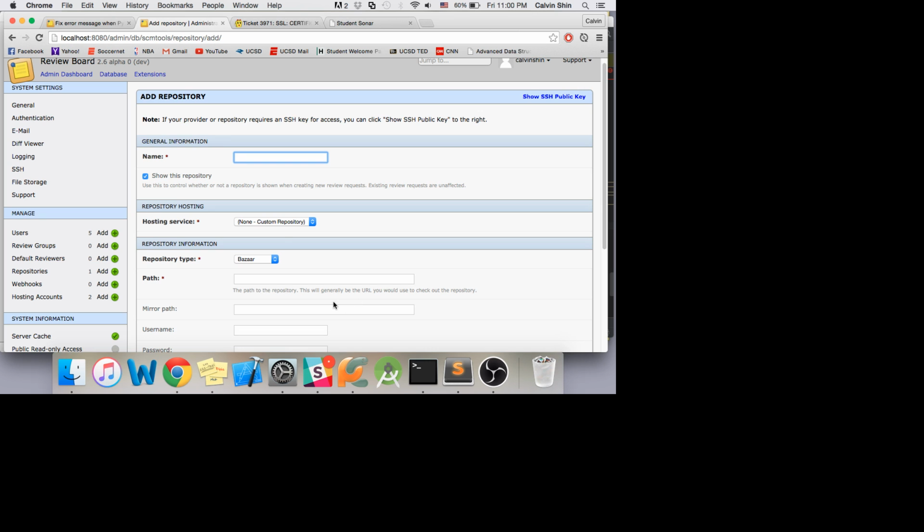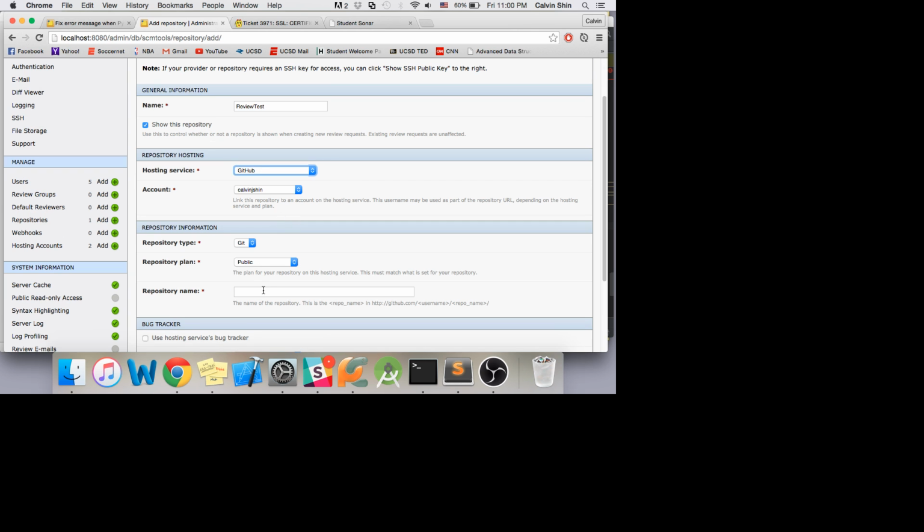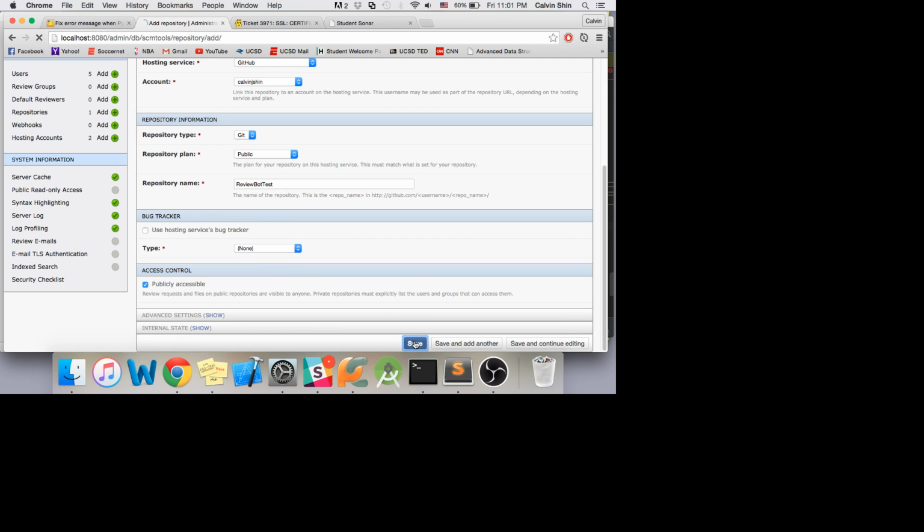So I've already set everything up. I manually adjusted the proxy settings to trigger the bug. I'm on this page to add a repository, so just fill out this form real quick. Oops, review test. Set it as GitHub, link it to one of my repositories. And if I click save, you